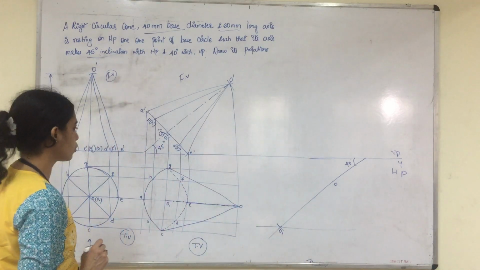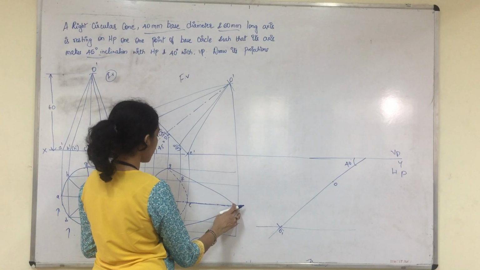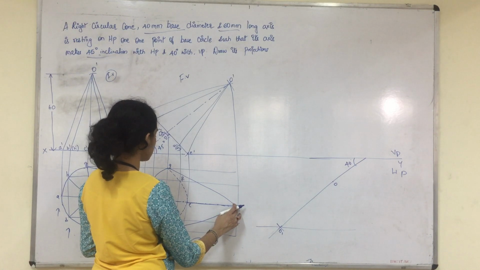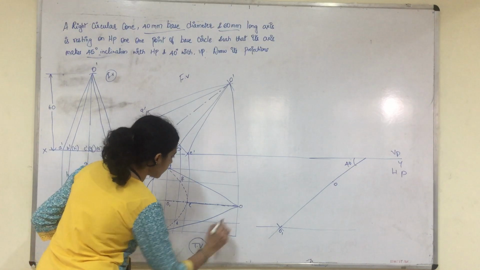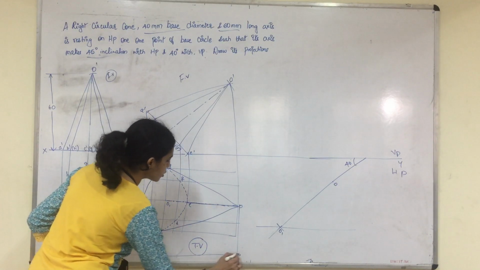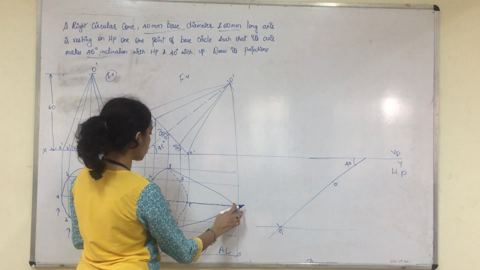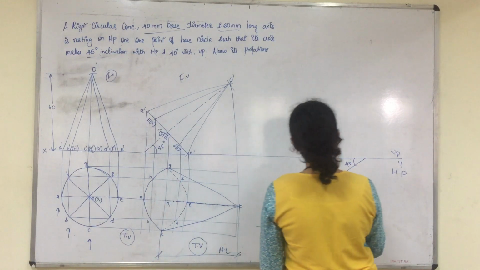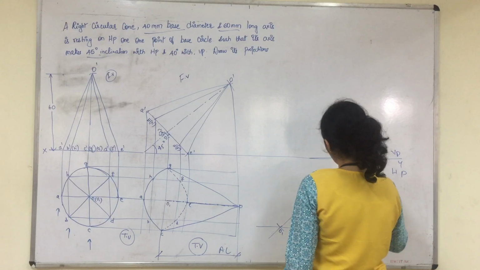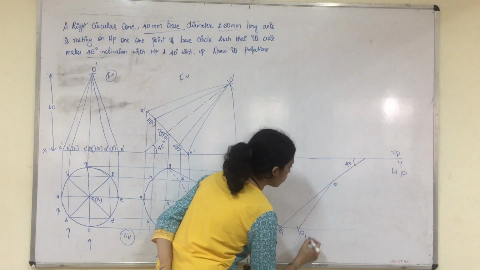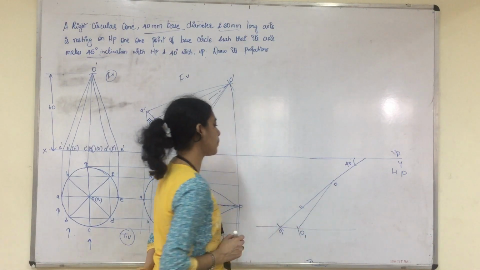After you draw the locus, come back to the second stage and measure the apparent length of the axis. The apparent length of the axis is from O1 to O. This distance will be comparatively lesser than our true length. So this is the apparent length. You will measure the apparent length of the axis using the compass. Come back here, from the fixed point O, you just cut an arc where it meets. So this will be our new O1 and this is the fixed O. This is the true length and this is the apparent length.